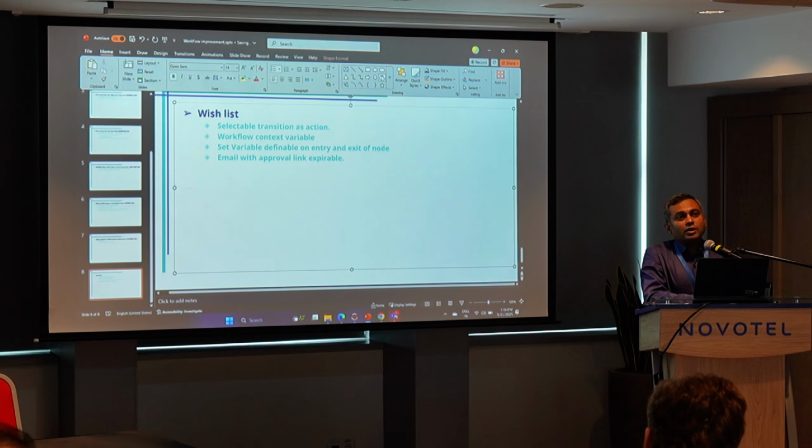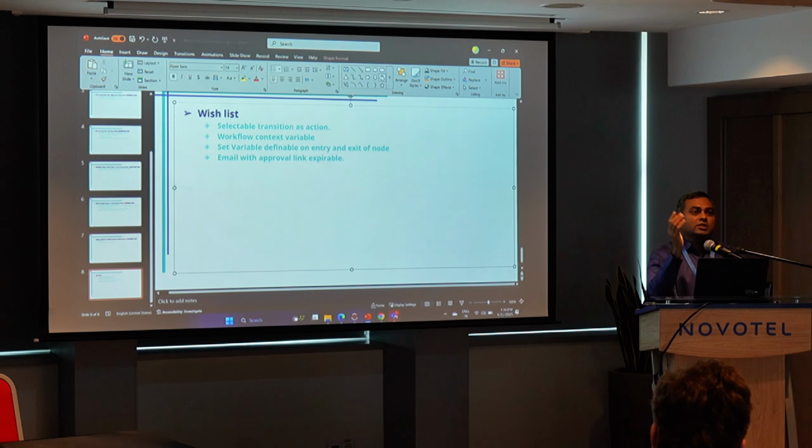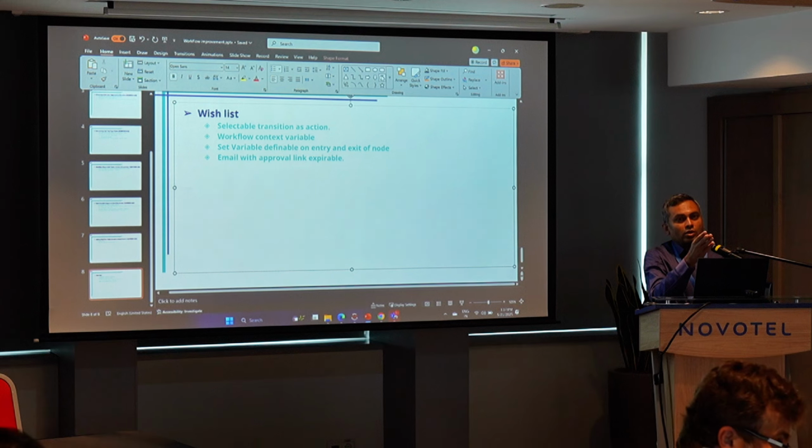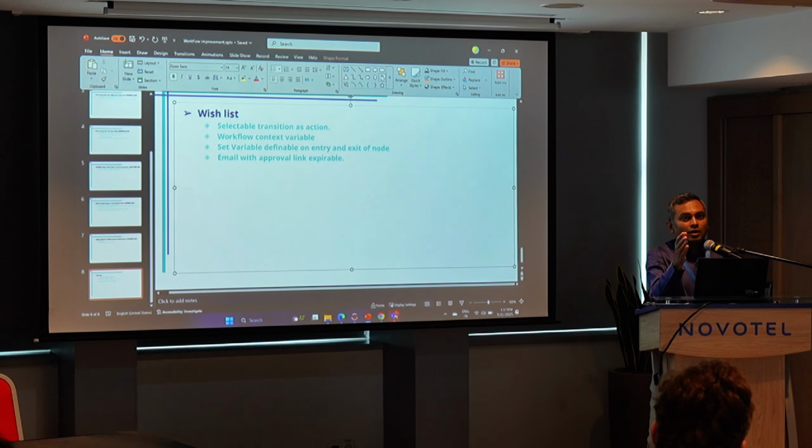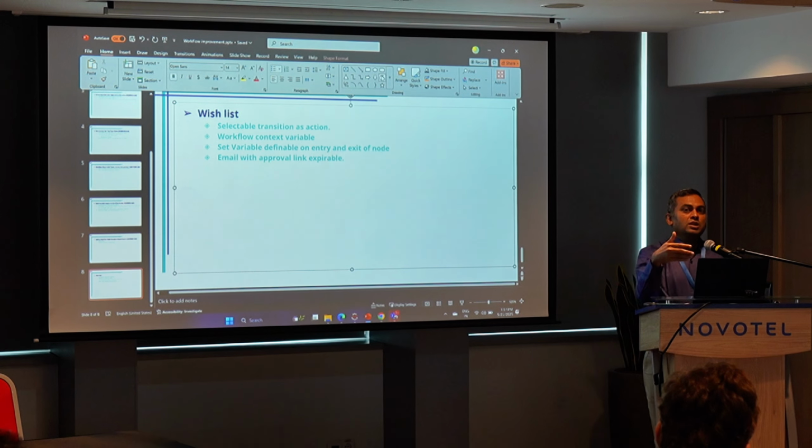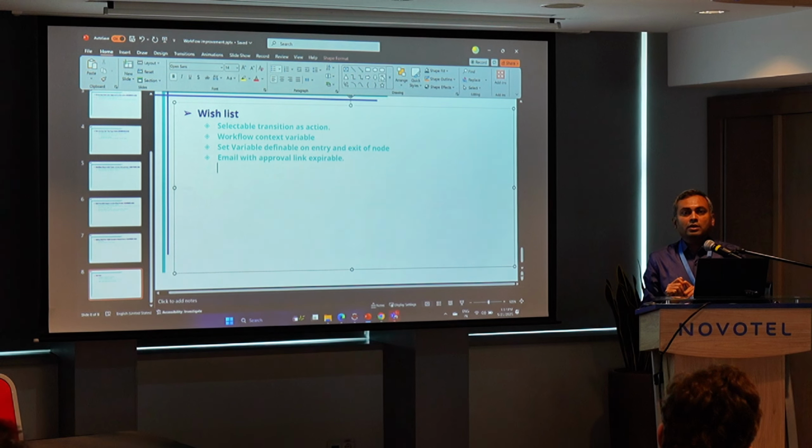Another important wish list item that came recently is what Edilson has developed. He changed the core, but it is a local core, and he approached us about whether it can be converted into plugins. But looking at how it is done, it looks like it cannot be converted to a plugin, because the workflow activity form needs to be changed. The goal is to reduce the number of workflow definitions in a system. The same workflow definition can serve multiple documents, and